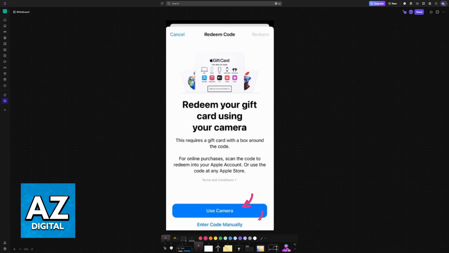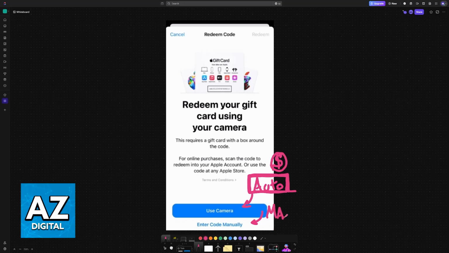You will see the two main ways to redeem it. Use your camera or enter the code manually. If you use your camera, this will automatically fill out most of the details about the card. So as soon as it detects the full card number, it is going to fill it out for you. So you verify if everything looks okay, check to see which Apple account you are currently signed in, and it is going to receive the funds. Afterwards, you can go over to the Minecraft page and purchase it.